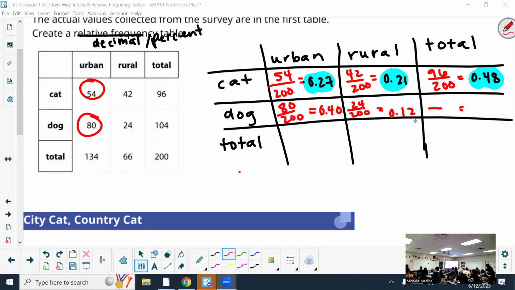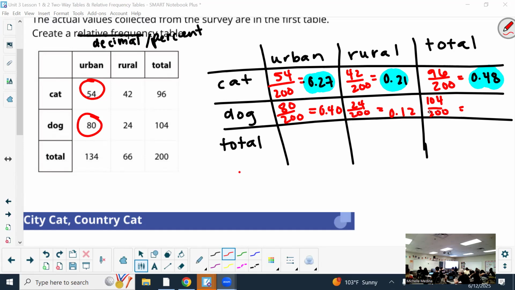So what about like, that's urban and dog. What about total dog? 104. And Hannah, how many people were surveyed? So this is what we're going to be dividing. If they ask how many total people, what's the relative frequency of people that chose dogs, I'd be doing that